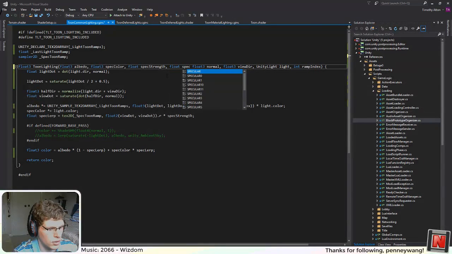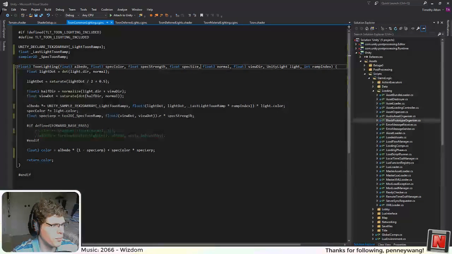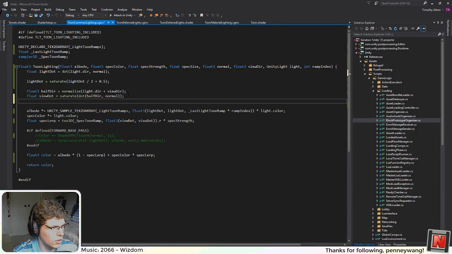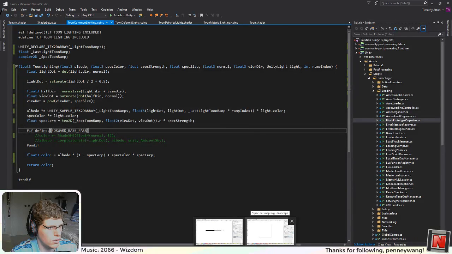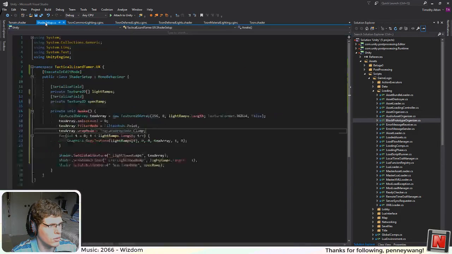So, specular size, and how you deal with this is you would just raise this view dot to some power. So, view dot is pow of view dot to the specular size, and this kind of constricts the size of the ramp. So right now,